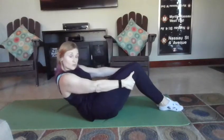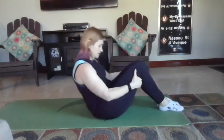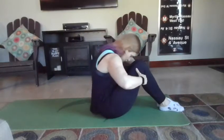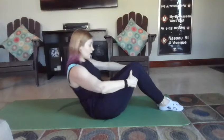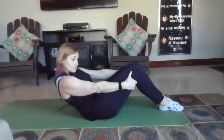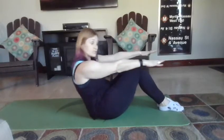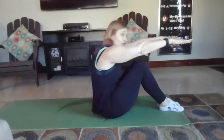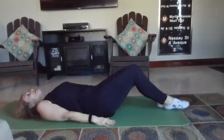Sometimes this exercise will be taught, other times we'll go straight into the roll-up. I like it as a way to warm up the spine. Keep going, keeping those abs pulling in and up, looking into the abs, drawing those shoulders away, pressing the knees together. Another variation I've seen is the arms reaching forward, and then you articulate down just towards your waist and up and over. This time articulate all the way down onto the mat, bone by bone, taking your legs out,